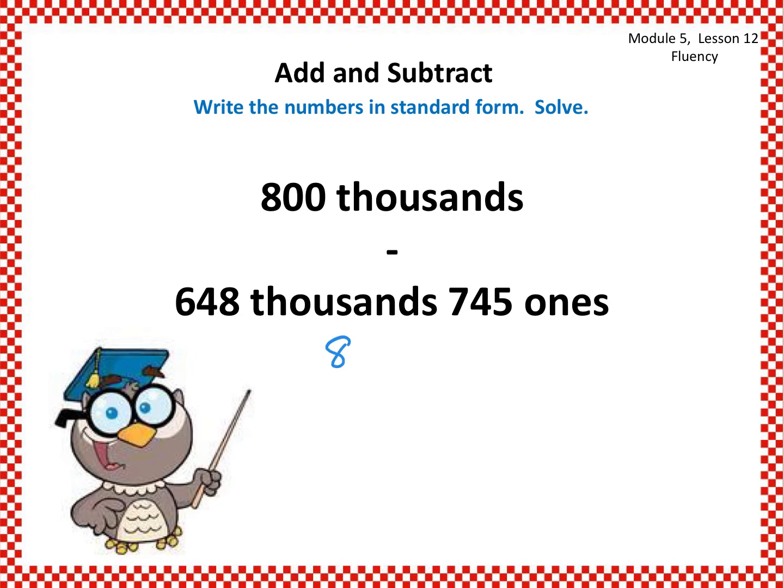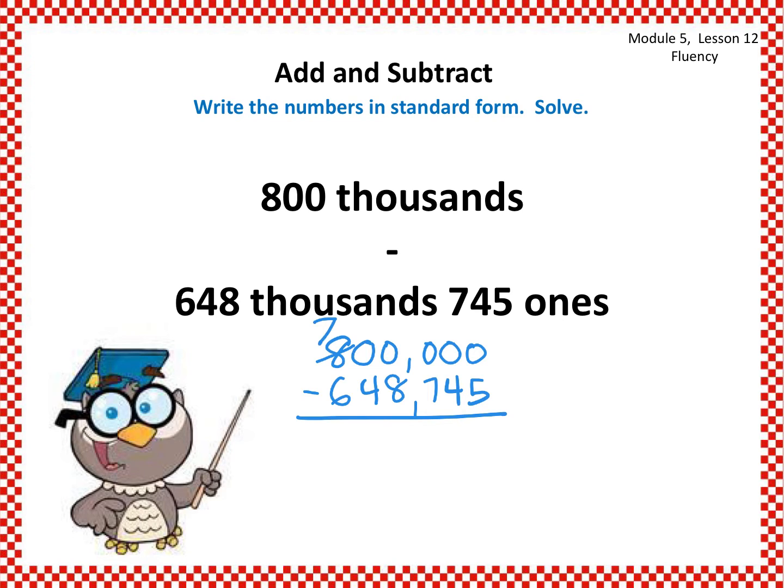All right, I am going to start there with 800,000, and that is a lot of zeros, which are not my favorite thing in subtraction. And I'm going to subtract 648,745 ones. All right, I'm going to start over here in the ones, and I see that I have 0 ones. I also have 0 tens, 0 hundreds, 0 thousands, 0 ten thousands, and finally I get over here to the 100,000s, and I have 8. So I am going to take 10 of those 100,000s,